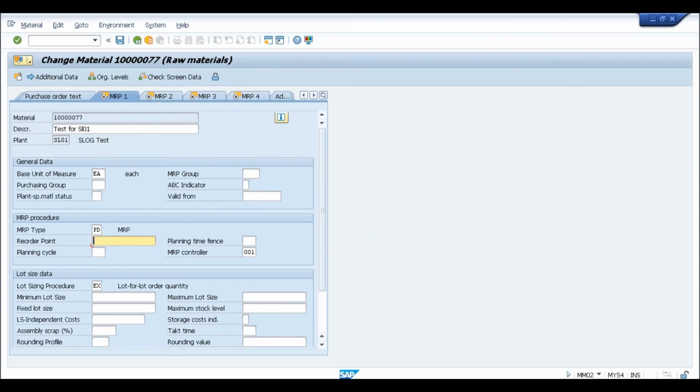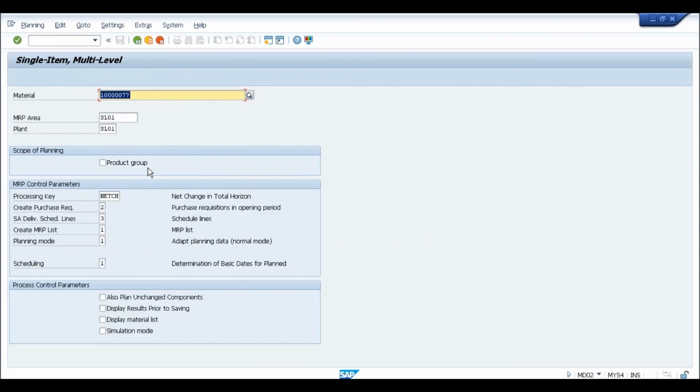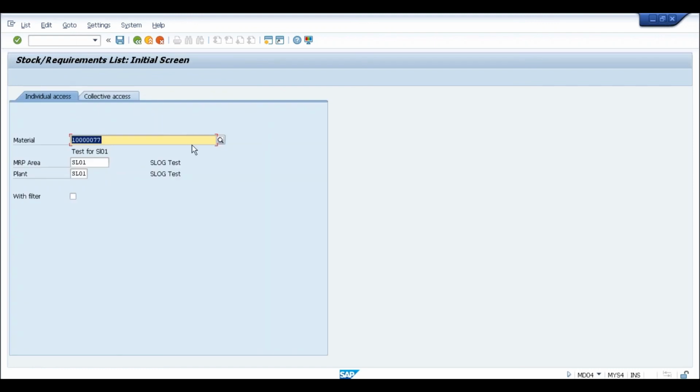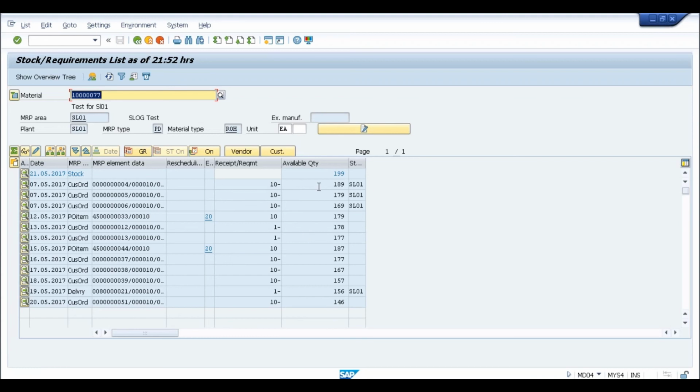And let me go here. Now this is MD02. And now if I want to see the result, I'll go to MD04, right? Stock requirement list. So this is how it is generated. Total quantity is, this is the quantity available. These are my customer orders. So towards the end, this much will be available. Out of which there are also some purchase orders.